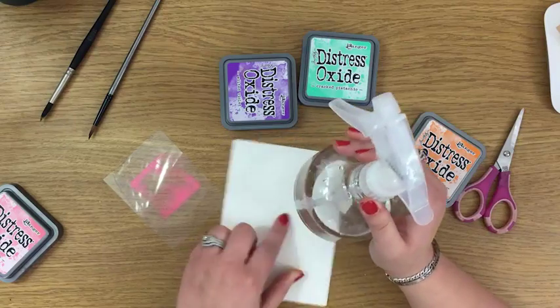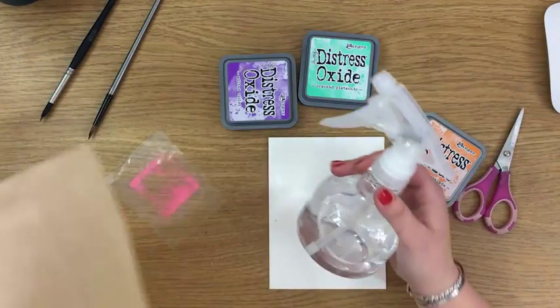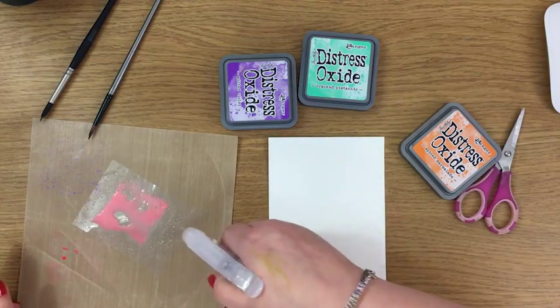It saved me so much time. I love my mini misters, but I was going through so many of them when I was preparing this for you that I spoke to a friend of mine who's a hairdresser, and she got me one of these off Amazon. So I just spritzed it a couple of times,